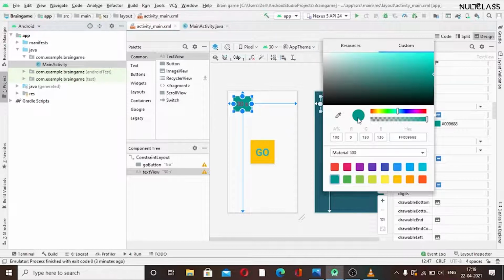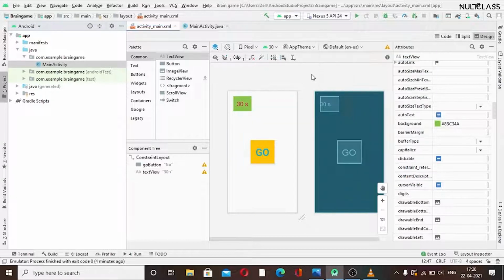You can also select it from here, like I'll show you. As we want a light color, we will be selecting it from here. I think this looks fine.